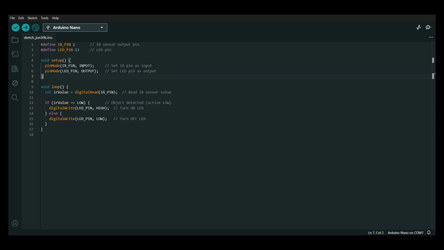Next, we have a loop. We will be taking a variable named IR value, where we will be storing the IR sensor's data. That is, the data obtained from the IR sensor will be stored in this IR value. Next, we have a condition. As we know that the IR sensor is an active low device, we have to mention that if the data obtained from the IR sensor is low, then we have to turn on